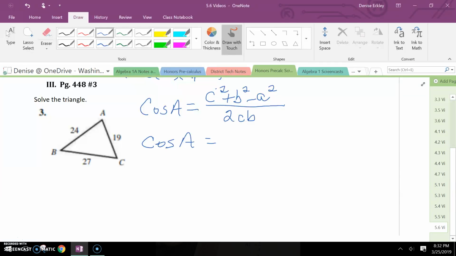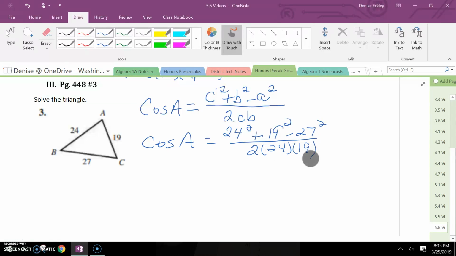You can verify how you can rewrite the law of cosines in this way so you can find an angle easier. So this is going to be 24 squared plus 19 squared minus 27 squared all over 2 times 24